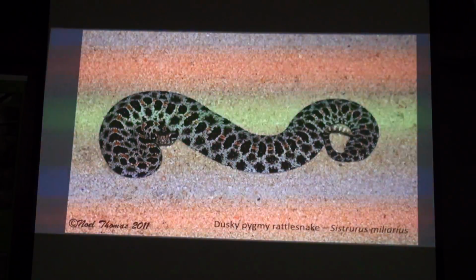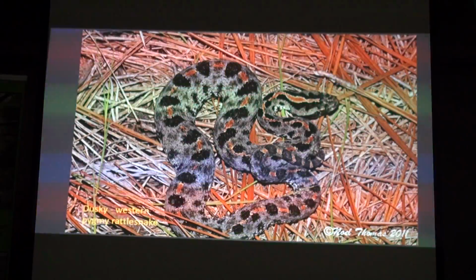This is another dusky. Okay, this one I didn't put the scientific name because